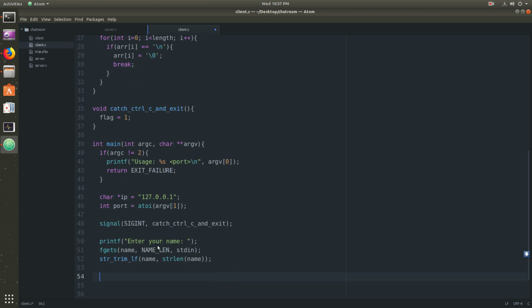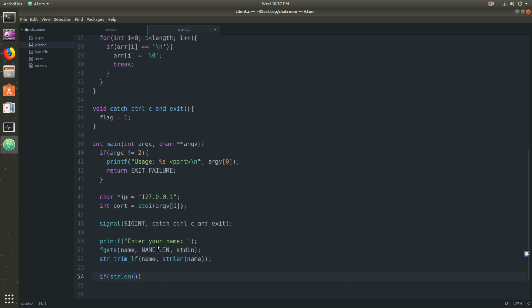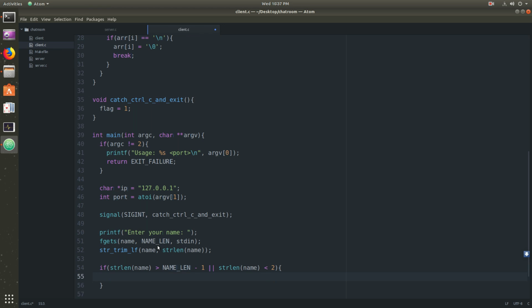Okay, now we'll check if the name is correct or not. If string length of name is greater than 32, or string length of name is less than 2 characters. Less than 2 characters should not be a name. Minimum 3 characters should be required. Printf, enter name